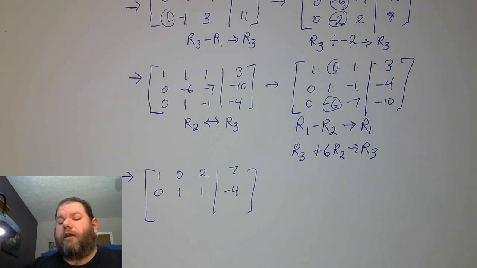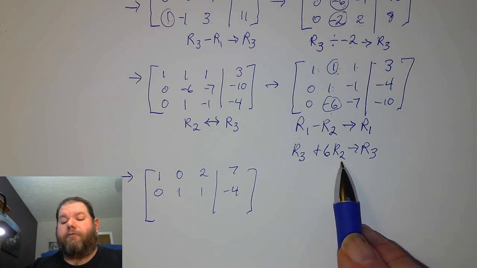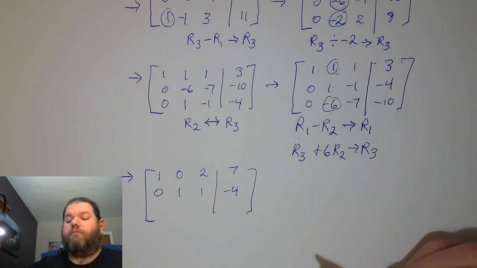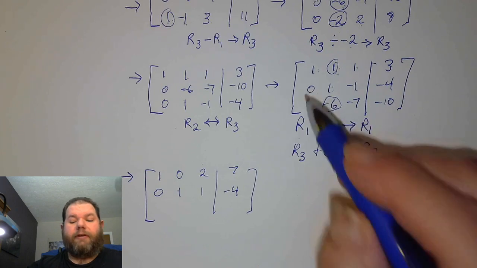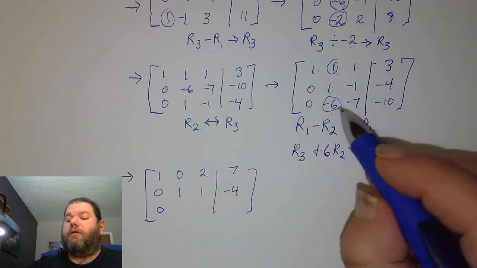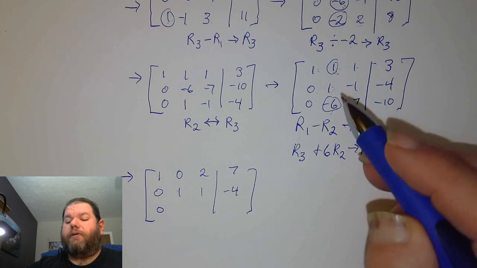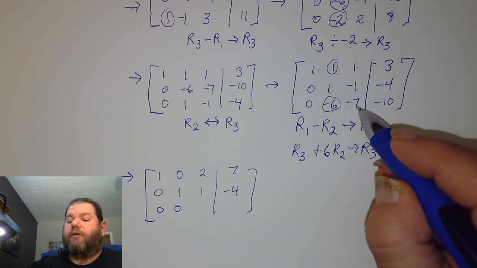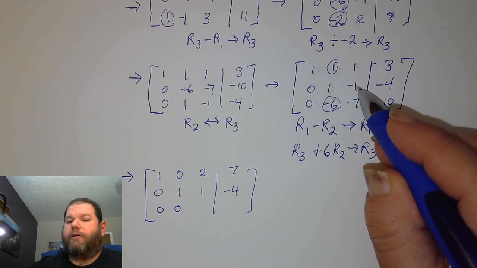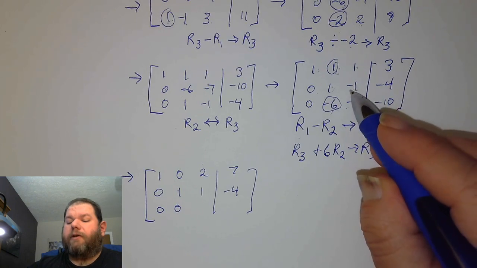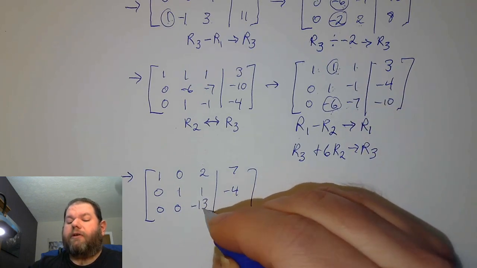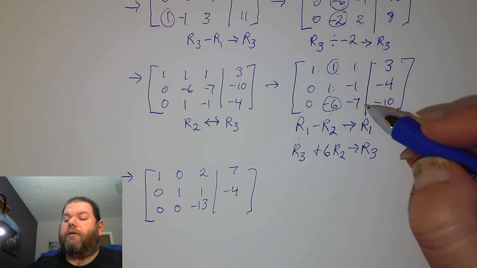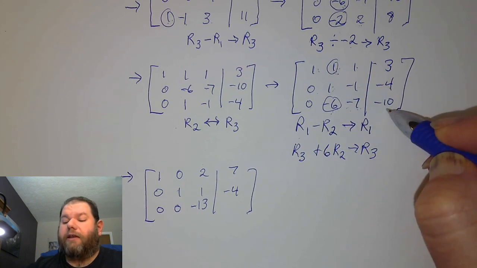Now we also look at row 3. Row 3 we want to add 6 times row 2. So negative 6 plus 6 times 1. Well, sorry, 0 plus 6 times 0. That is a 0 still. Negative 6 plus 6 times 1, negative 6 plus 6 is a 0, as we intended. And then negative 7 plus 6 times negative 1. So negative 7 minus 6 is negative 13. Negative 7, okay, we did that one. So negative 10